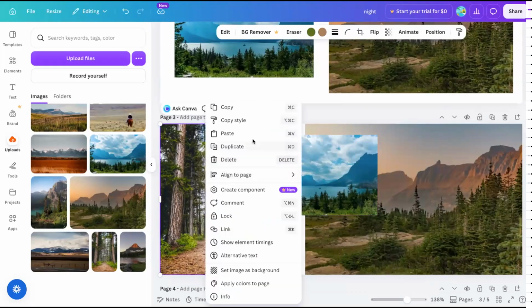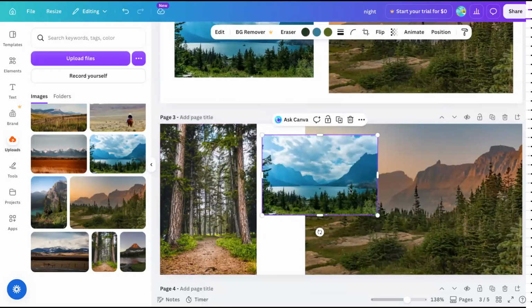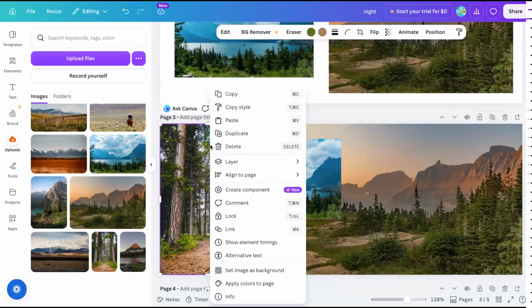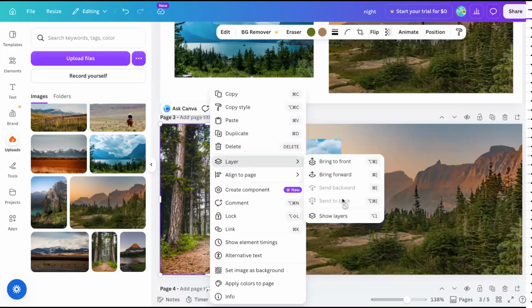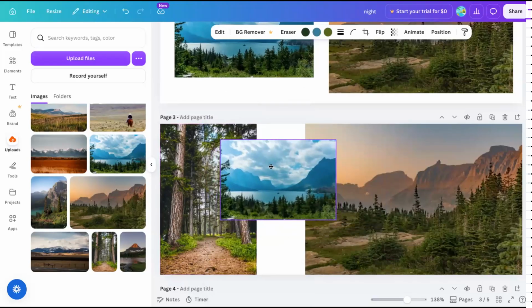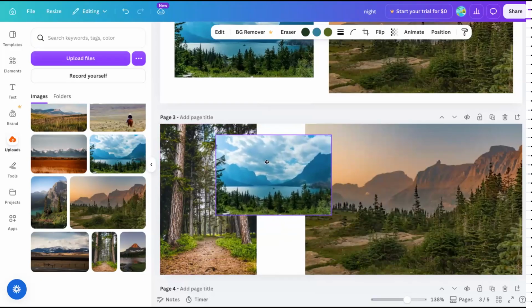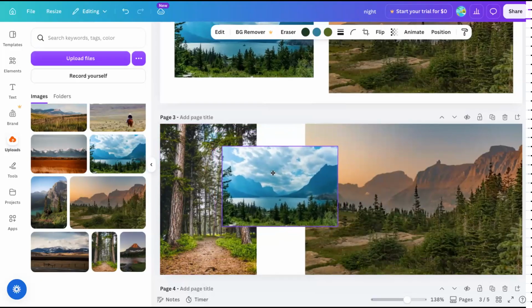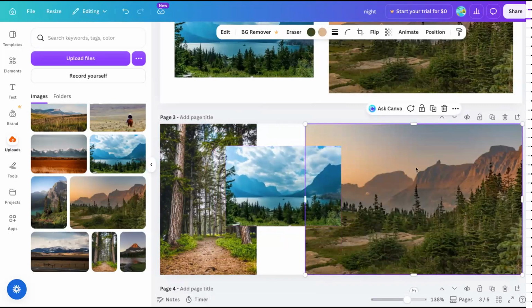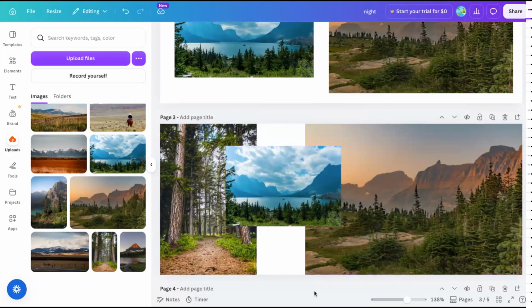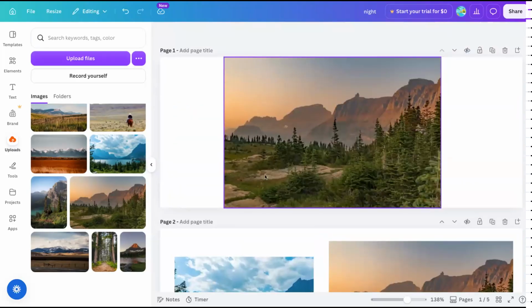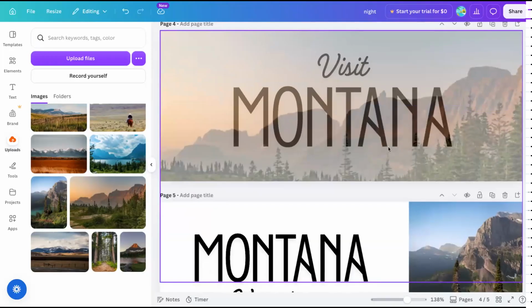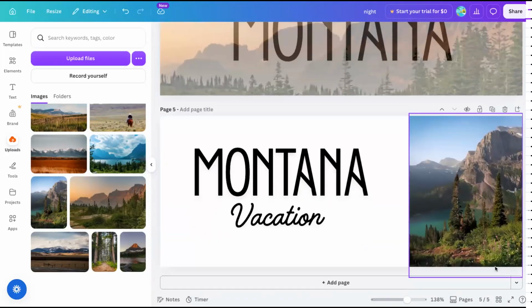Right click. Where's the layer? Layer, send to back, so that this kind of goes before them. So if it's too busy, maybe that's like way too busy, but play around with it, see what you like. But I'm going to go ahead and I like this one and I like this one. So I'll go ahead and